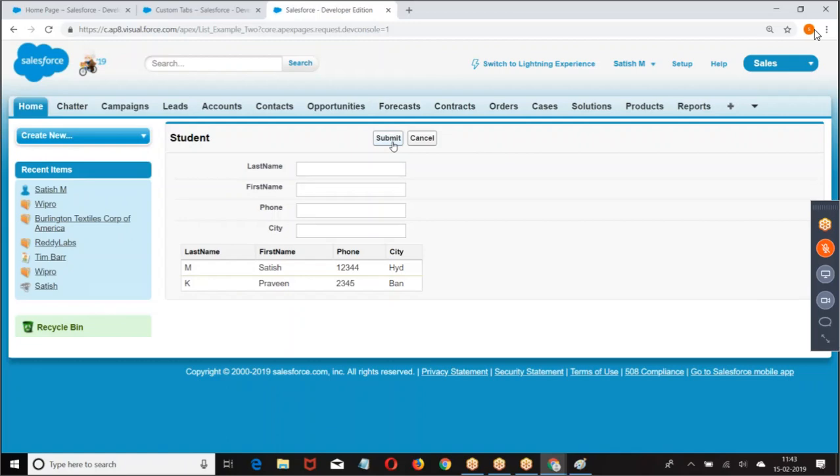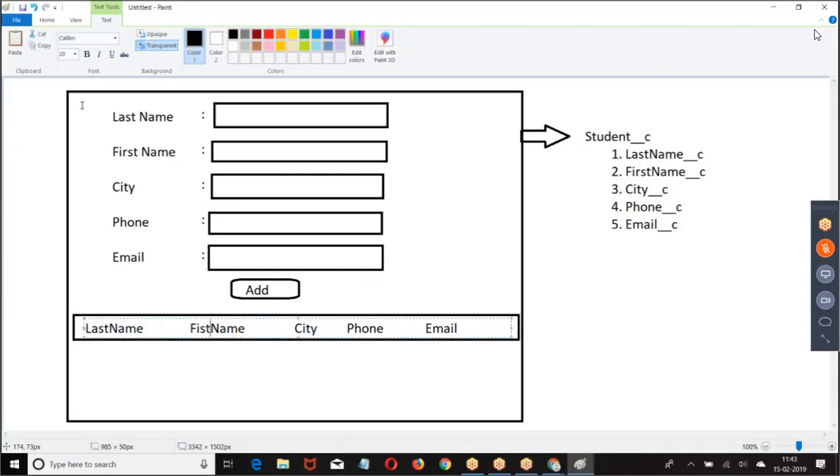Right? I hope you got my point. This is clear, right? Now I want to customize this requirement. Let us see. This is clear for everyone, right? Everybody has followed this. Now what is my requirement is, let us look at the one. Standard object we have seen, custom object we have seen.